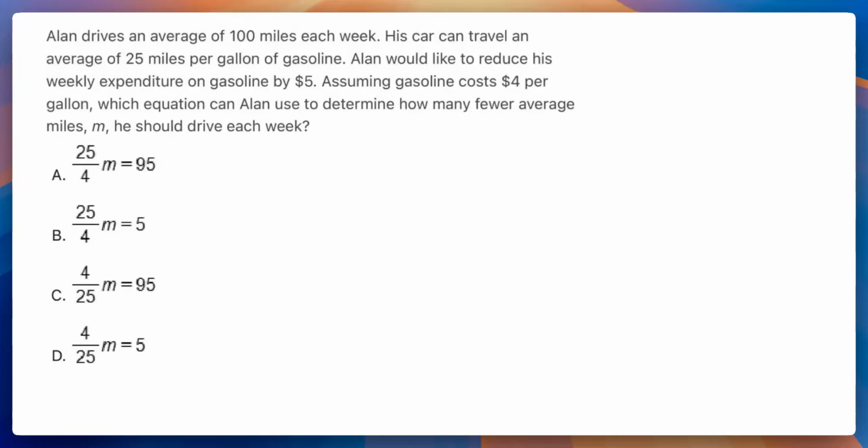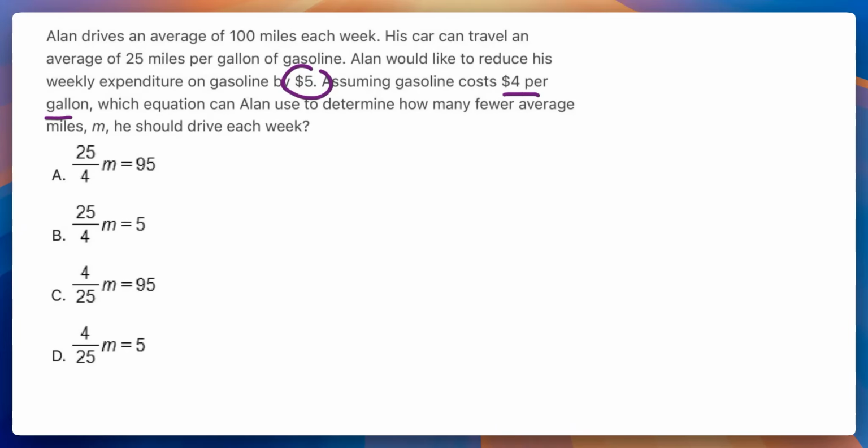Okay, let's solve this word problem. Alan drives an average of 100 miles each week. His car can travel an average of 25 miles per gallon of gasoline. Alan would like to reduce his weekly expenditure on gasoline by $5. Assuming gasoline costs $4 per gallon, which equation can Alan use to determine how many fewer average miles he should